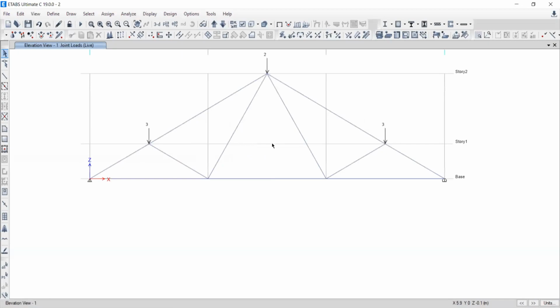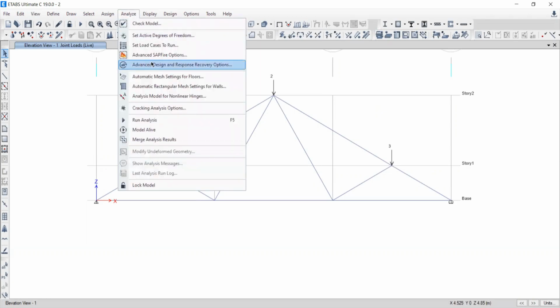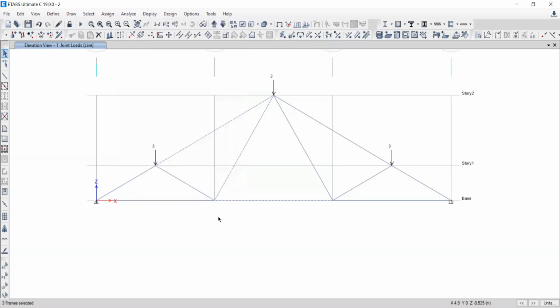So after the assignment of the load and checking of your model, we have to proceed for the analysis. So go to analyze. Analysis means what, for all the beginners? Whatever load you have assigned to the structure externally, our intention is to transfer that load to the elements of the structure, the elements of your model. So this 2 kilonewton load is going to be transferred to all these members. This 3 kilonewton load will all transfer into all the members,